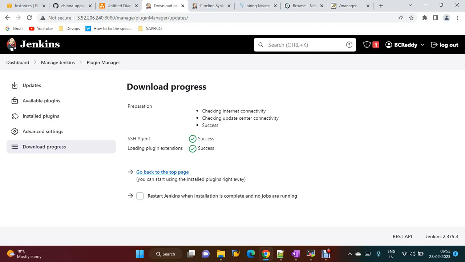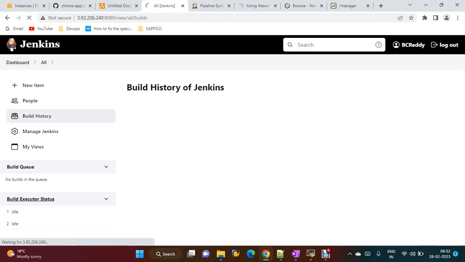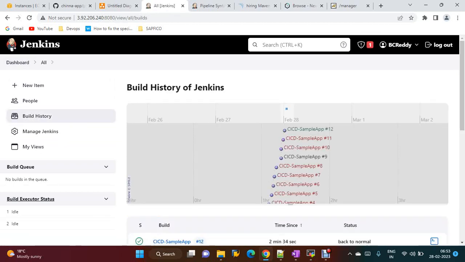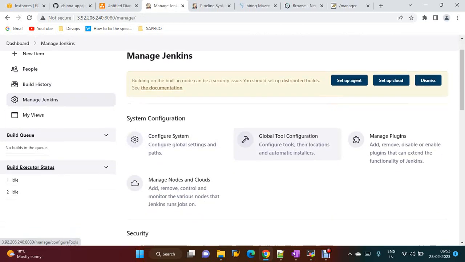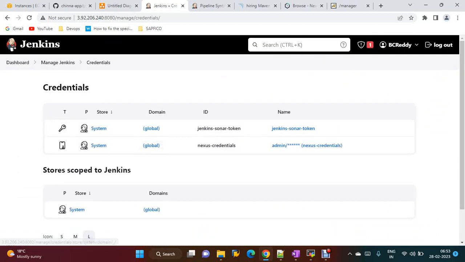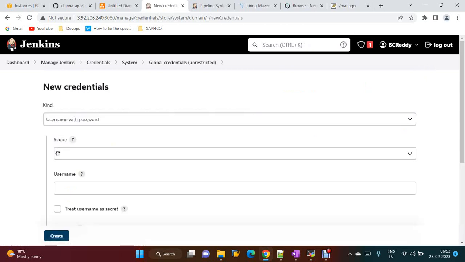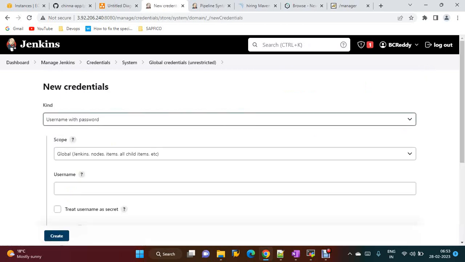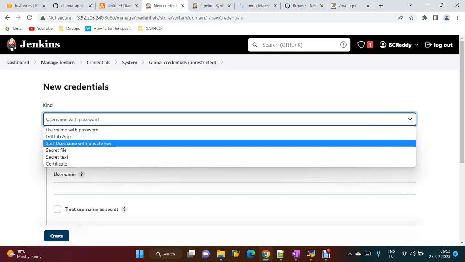Now you have to add the credentials, meaning the Tomcat server credentials. Go to Manage Jenkins, manage credentials, global, add credentials. So the Tomcat server details you have to add: username with private key,